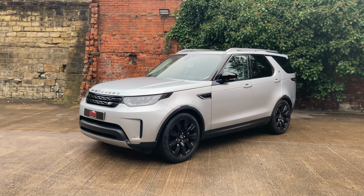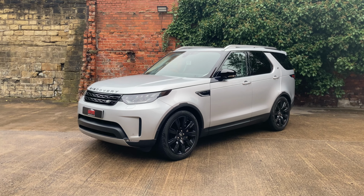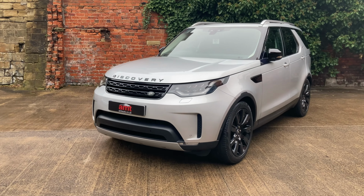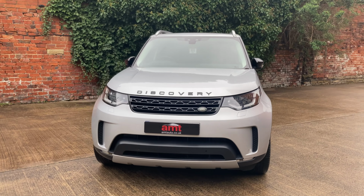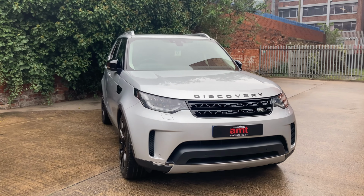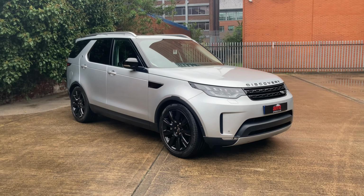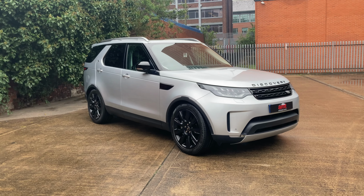So going right back to its PDI, its pre-delivery inspection on the 7th of January 2019, serviced in December of 2019 at 6,163 miles, December 2020 at 18,282, and last serviced in January 2022 at 22,934 miles. This car looks absolutely superb, and I must say, with the Indus Silver Metallic paintwork, but the contrasting